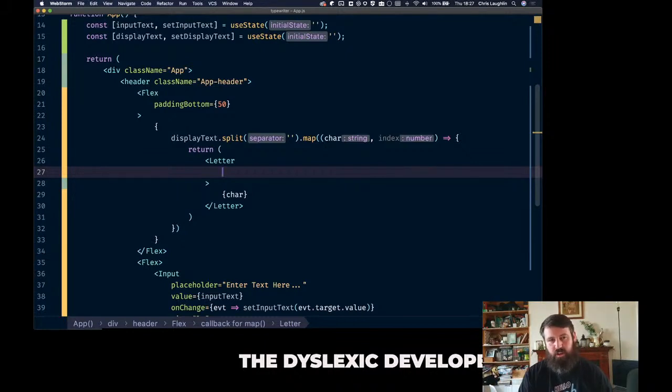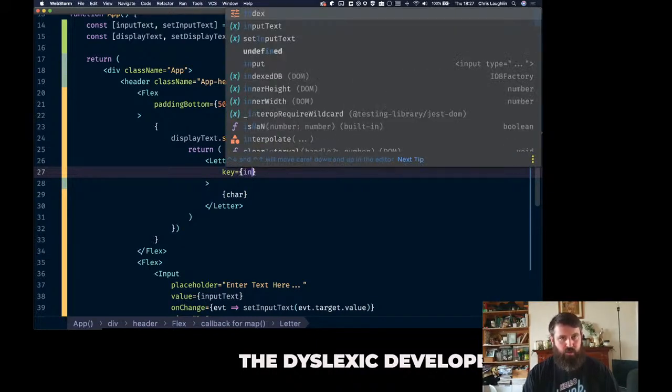We don't have a unique character in this. We could have used char, like our character value, but words like people that have 2 P's back to back wouldn't really work too well. So we're going to use index as our key. I don't recommend it, but in this case, we're not manipulating the array after the fact, so I think it's fine here. So if we do index,